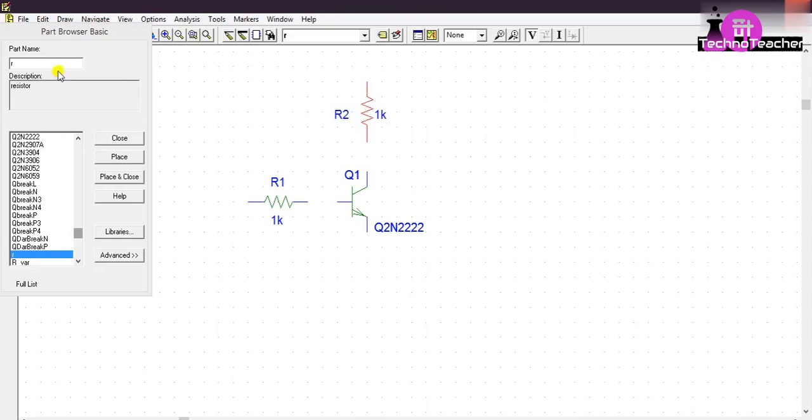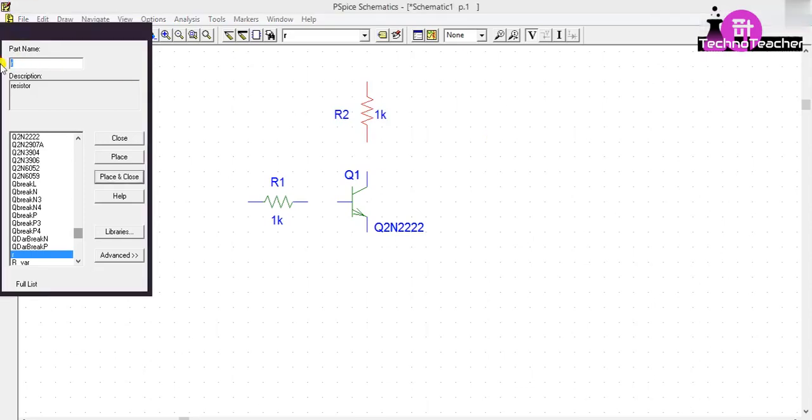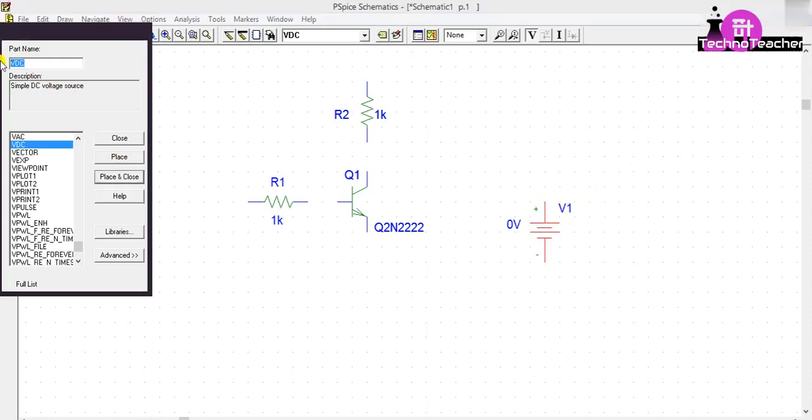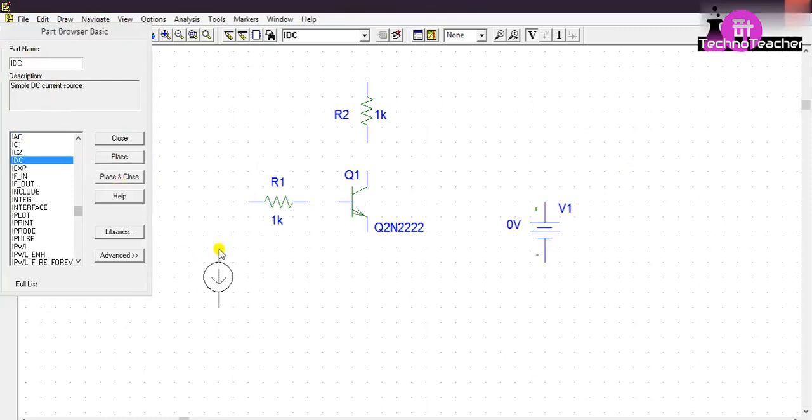Now right click. Now we need one voltage source, VDC. Click on place, then place it, then right click. We need one current source now, IDC. Place it. We have to rotate it.